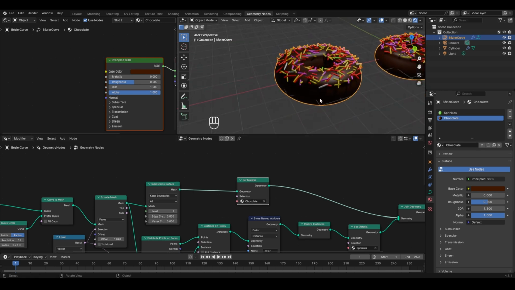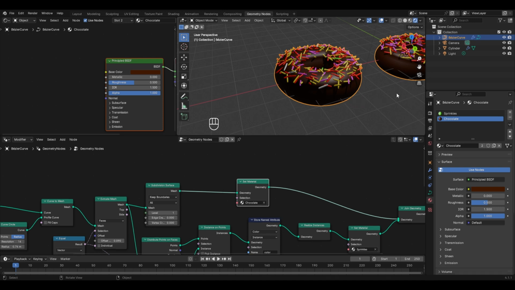Now although our donut is almost ready, we can do some more changes in it. For example, it might be possible that you want only the top extruded layer where the sprinkles are placed to have the chocolate material and not the remaining part. And to do this, we'll create another material for the base of the donut. So go to the material properties, click on the plus icon and let's create a new material. We'll rename it to donut, and for now, I'll keep the base color to white and we'll work on applying this material only to the base of the donut.